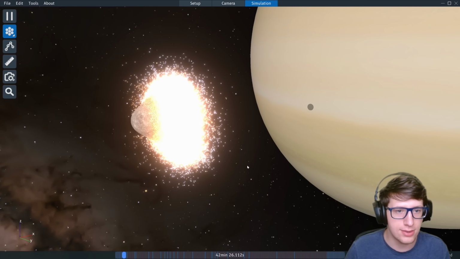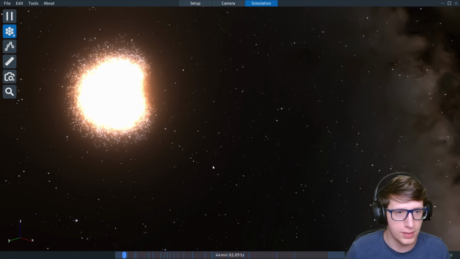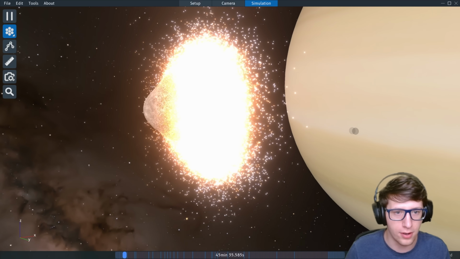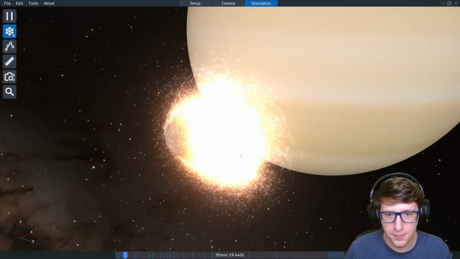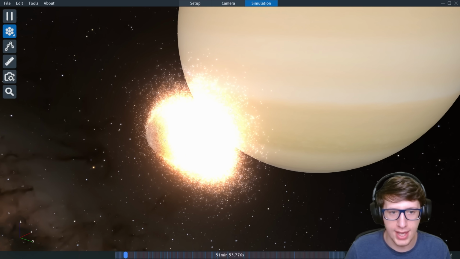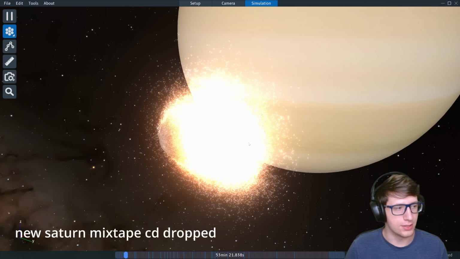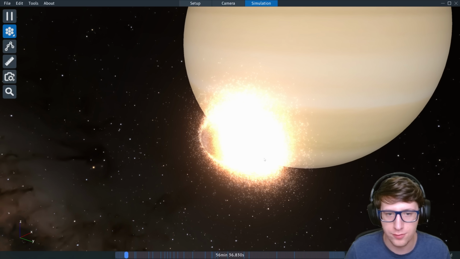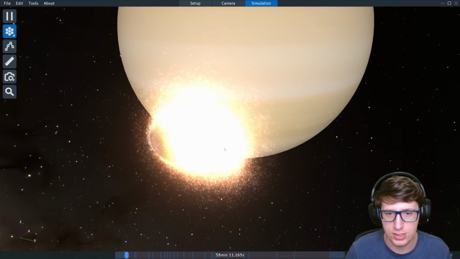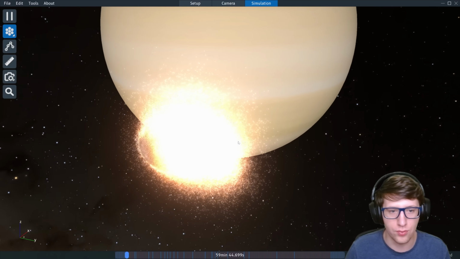And you can see that outer moon being absolutely torn apart. The inner moon did not make it very far. Like, not far at all. But now it's making kind of like this flat disc where the two collided. It's kind of smushing out into this very flat oval that's just continuing to grow. And now it's starting to warp